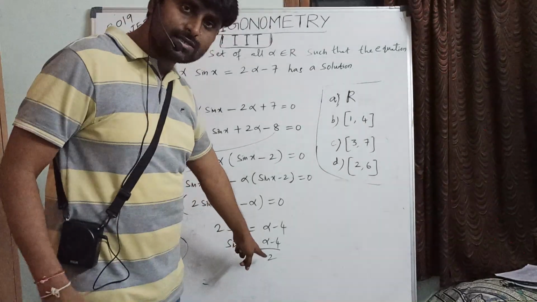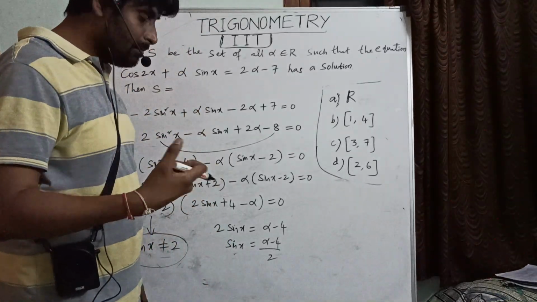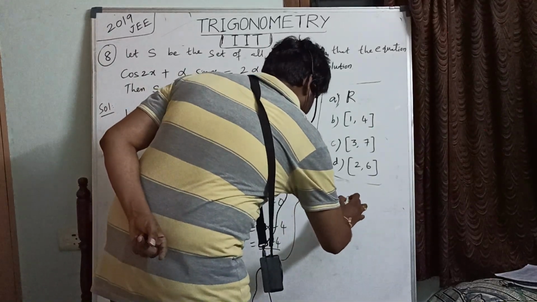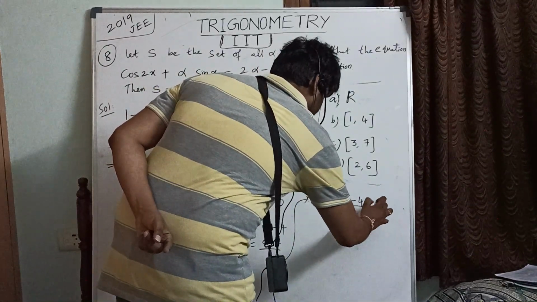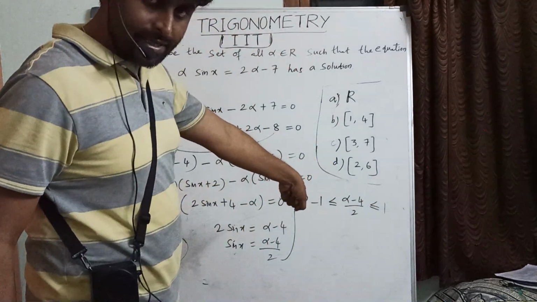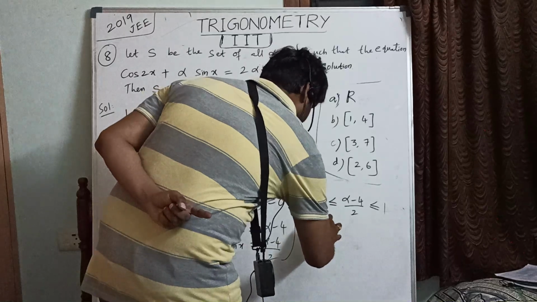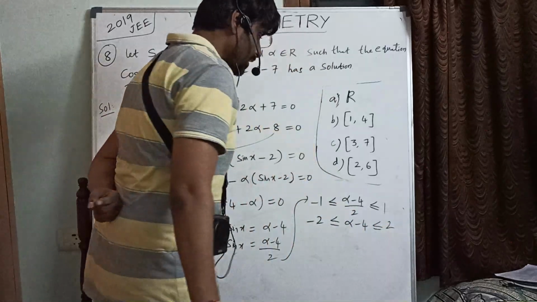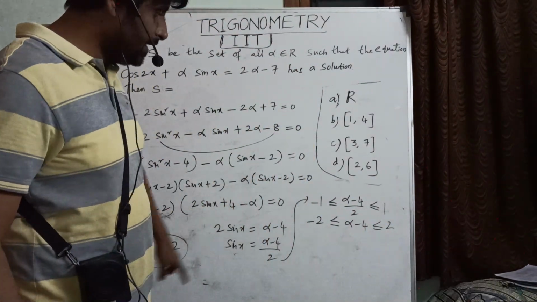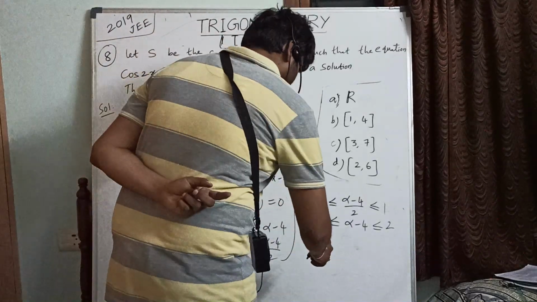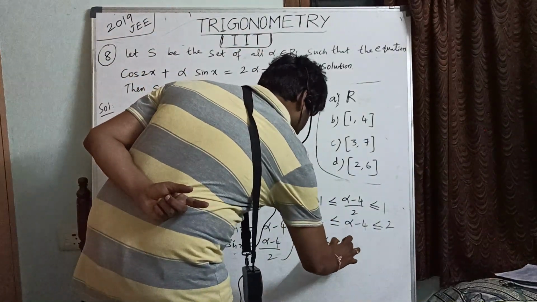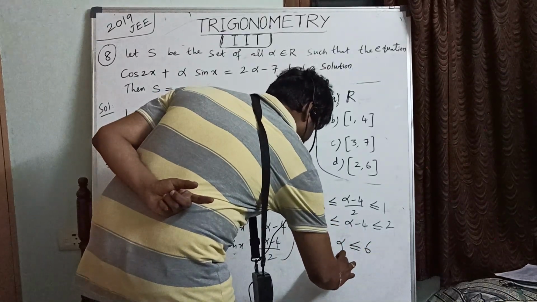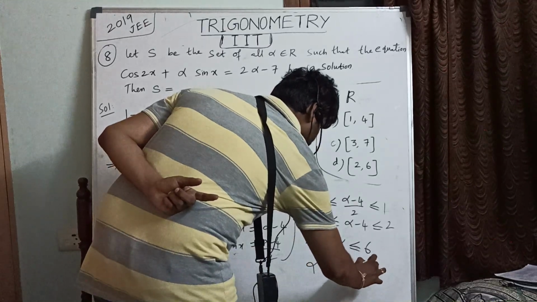So let us write this quantity also between minus 1 to plus 1. Okay, so now minus 1 to plus 1 we can write. So this lies in between. Clear? Now multiply with 2 there, all the sides. Okay, so what can write? Minus 2 less than or equals to alpha minus 4 less than or equal to 2. After that add 4 to eliminate 4 from the middle term. So if I add 4, this will be 2 less than or equals to alpha less than or equals to 6. That means alpha lies in between 2 to 6.